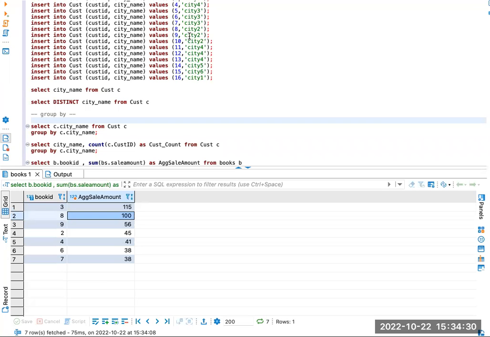Hello viewers, in this example, let's learn about the group by clause within SQL, and you can use this across multiple SQL databases as well. It's pretty common and very highly used when you write SQL queries. A group by is usually used for aggregation of data. So in simple words, it groups a set of rows